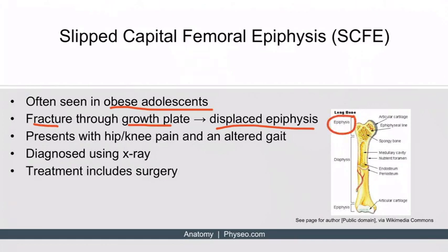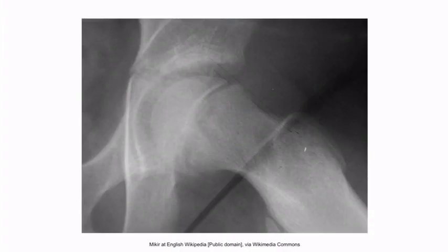So this region of the bone is displaced. It usually presents with hip or knee pain and an altered gait. It can be diagnosed using an X-ray of the affected joint, and this condition is treated surgically. This is an X-ray of SCFE. You can see the growth plate right here, and the area above the growth plate, or the epiphysis, right here,